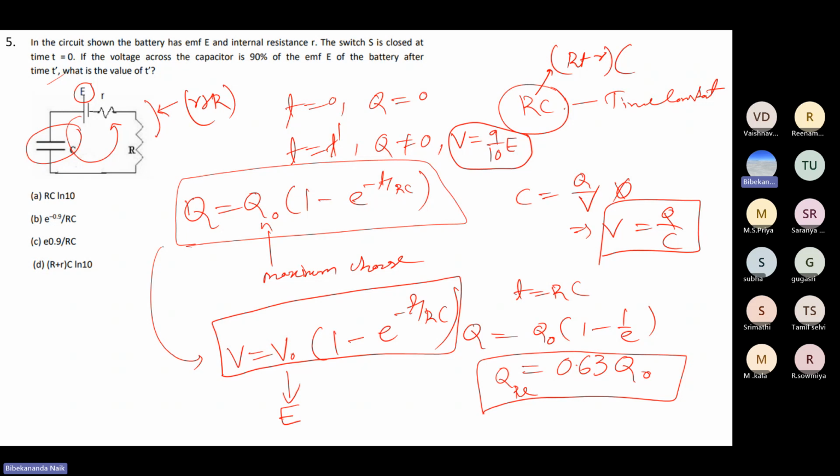Since there is a voltage source in the circuit, the capacitor will charge. It will take some time to get charged up, and due to this charge, there will be some voltage drop across the capacitor, and we need to find out after what time that will be 90% of the EMF E of the battery. So in case of V we put 90% of E, that is 9 by 10 of E,